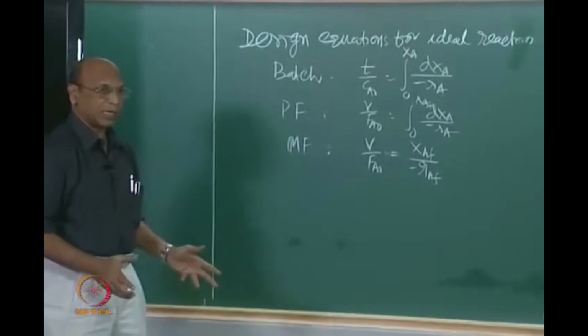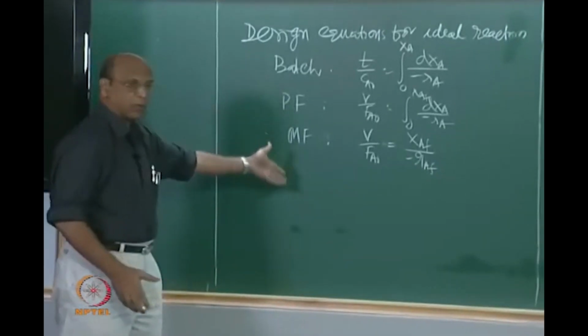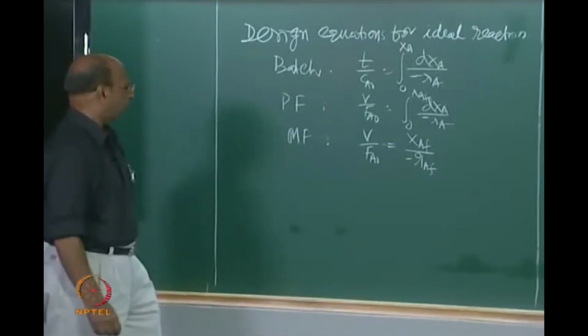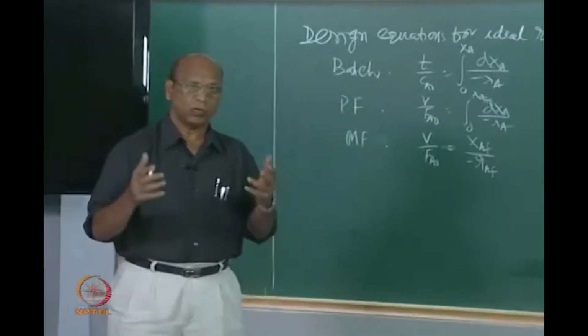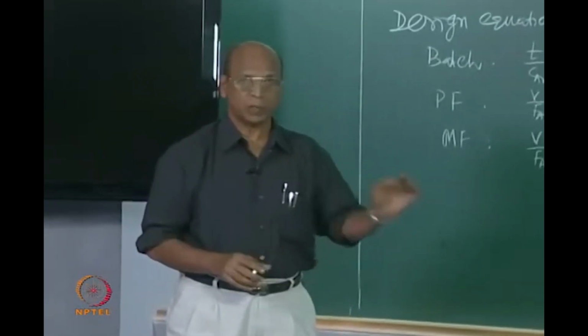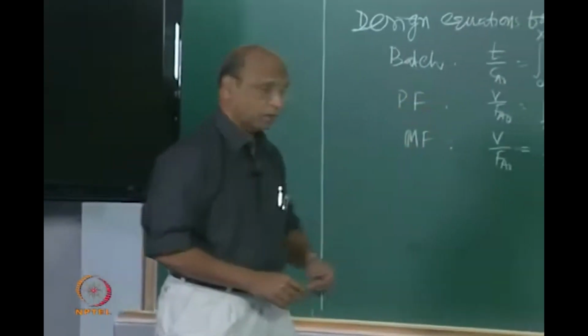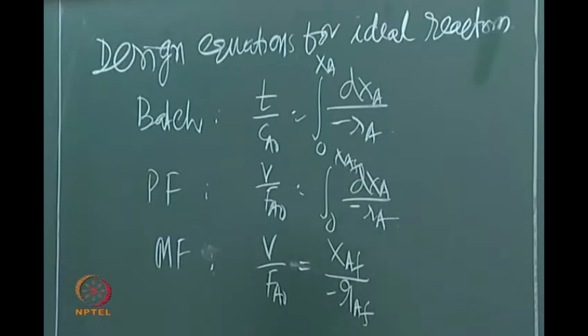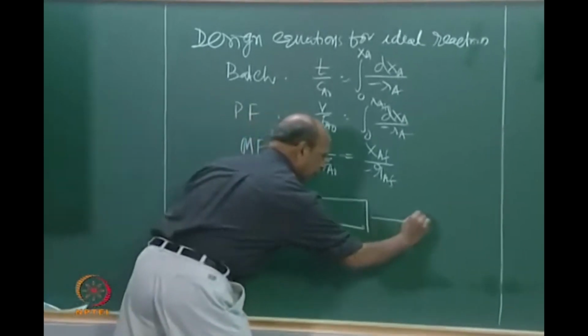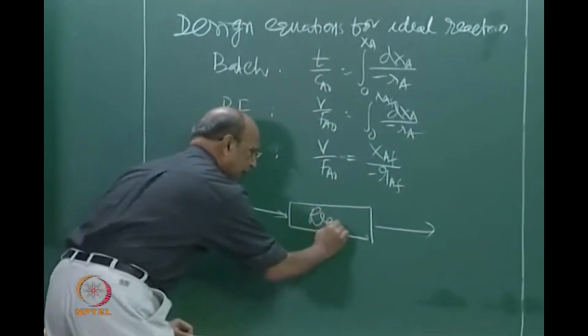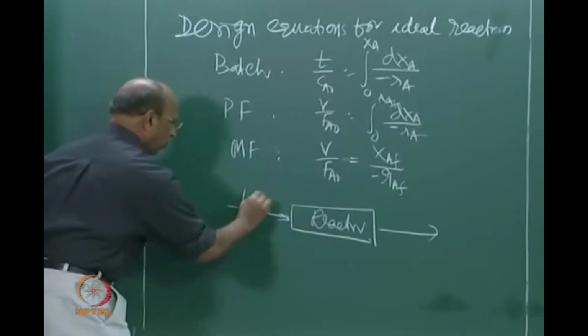We spent a lot of time in understanding what is batch ideal, plug flow ideal, mixed flow ideal. Finally, you have very simple equations. The simple equations have come because we have very beautiful assumptions: what is perfect mixing, what is ideal plug flow, what is ideal batch. Because of those assumptions only, you could get very simple equations. Good. So now if you go back to the information required for reactor design, this is input,